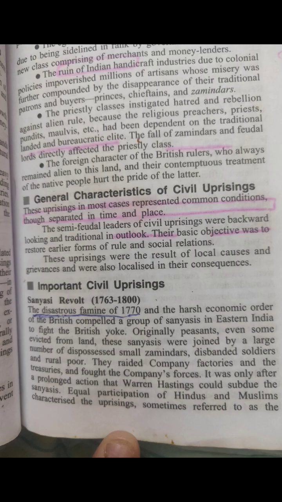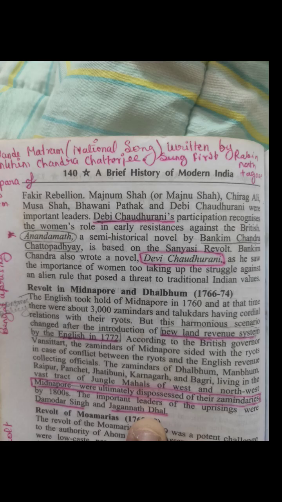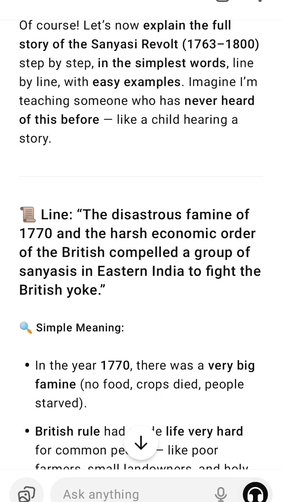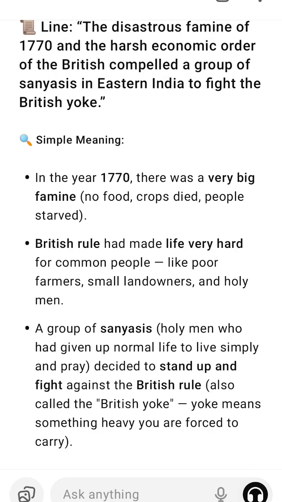Here is a great, deep and very detailed summary of the Sannyasi Revolt, 1763 to 1800, in the simplest and easiest way, like explaining to someone with no background knowledge. What was the Sannyasi Revolt? The Sannyasi Revolt was a big rebellion, a fight or resistance